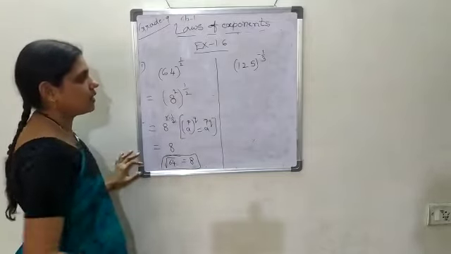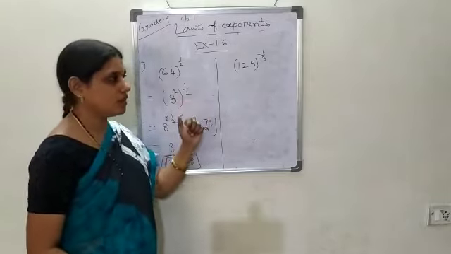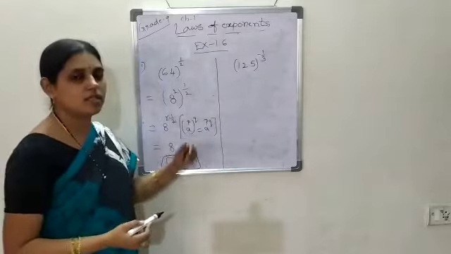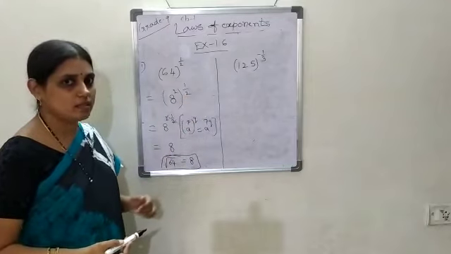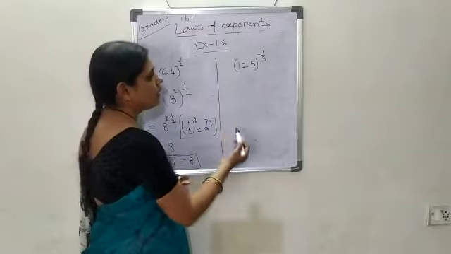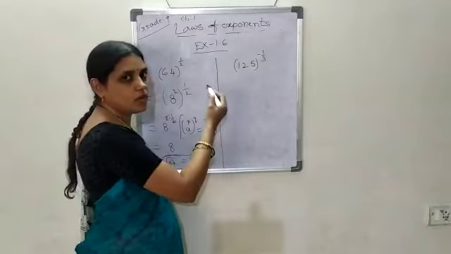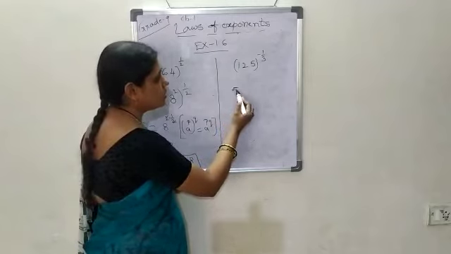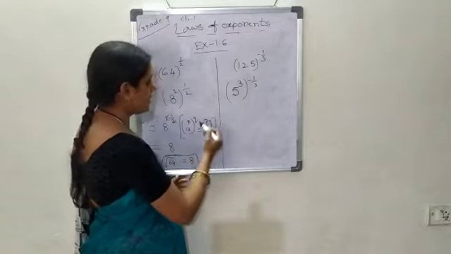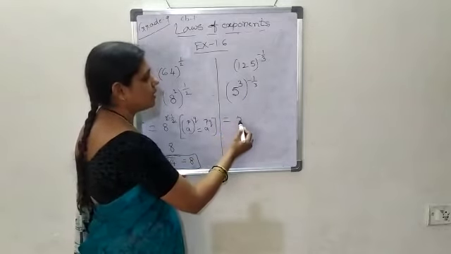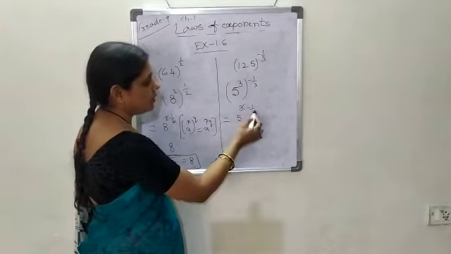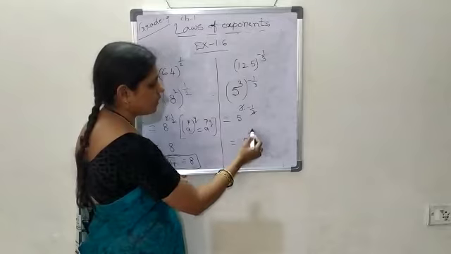So coming to the next one, 125 whole to the power minus 1 by 3. Even here, when we see the denominator in the exponent, that is 3, we will try to write the base 125 with the exponent 3 if possible. We will see. So is it possible or not? Definitely it is possible. 125 with exponent 3 is 5 to the power 3 whole power minus 1 by 3. The same law we can apply even here, that is 5 to the power 3 into minus 1 by 3. Now 3 we can cancel here, so 5 to the power minus 1.